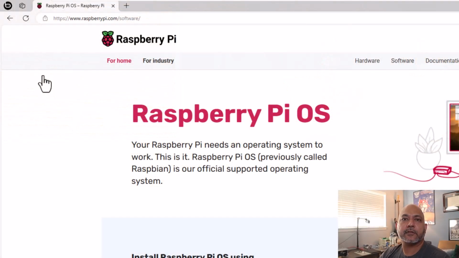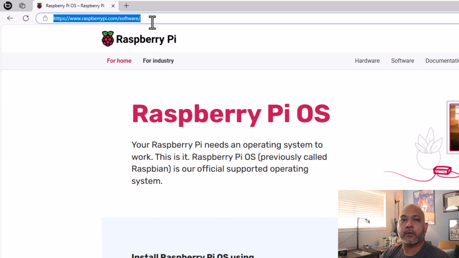The first thing we have to do to set up our development environment is to set up our Raspberry Pi, and we will install the Raspberry Pi OS onto an SD card that we will load into the Raspberry Pi to launch and run. We will use the Raspberry Pi Imager application to create the SD card, and that can be found at